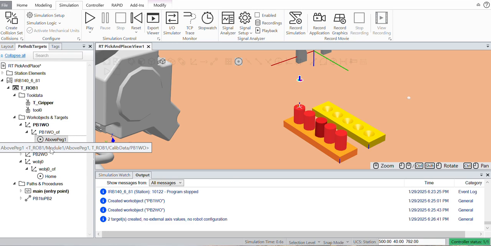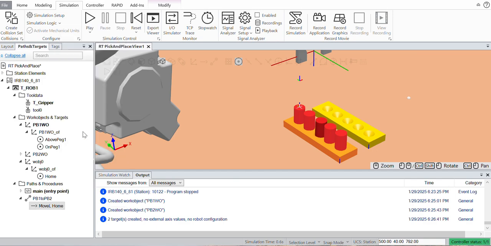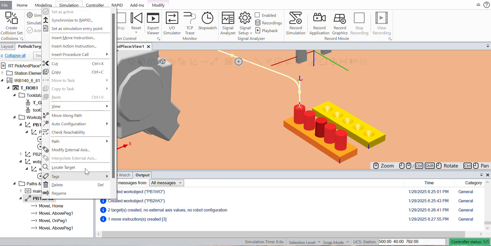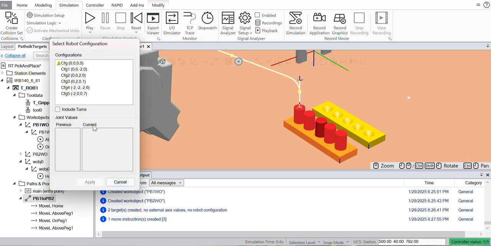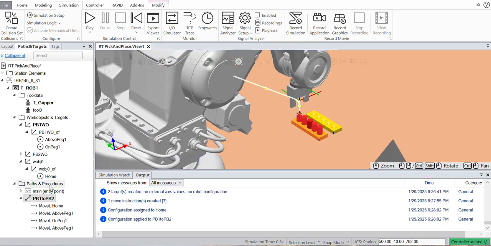So I've got my 2 pegs. So what I'm going to do is, after I start off, here's my path here. Okay, move to home. I see that little exclamation point, so I'm going to say check reachability and see it goes away. Okay, cool. The first thing I'm going to do is go above the peg, then go on the peg, and then go back above the peg. All right, so let's auto-config those movements. I'm going to click there and say apply. Looking good. And now I'm going to sync that to rapid